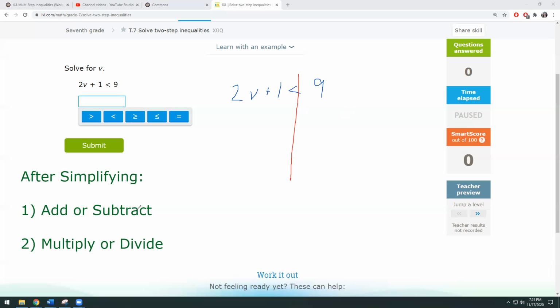Now I need to move on to my addition subtraction, and that's on my variable side. So I know that I'm either going to have to move my 2 or move my 1. One of these numbers is being added or subtracted. The other one's being multiplied or divided. And I think the easier one to see is the multiplication or division, because it's the one that's directly next to or underneath our v, or our variable. So this one is being multiplied